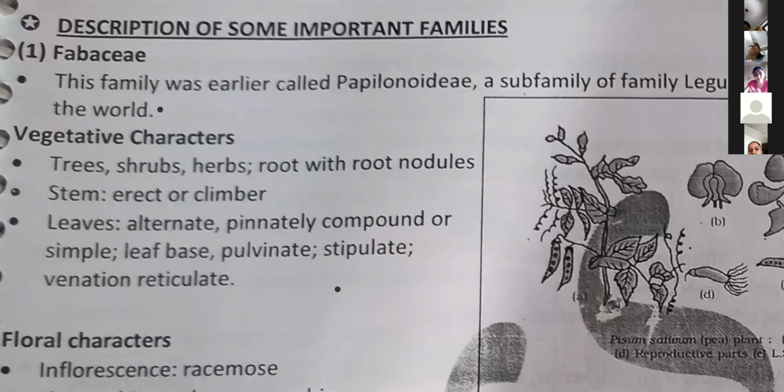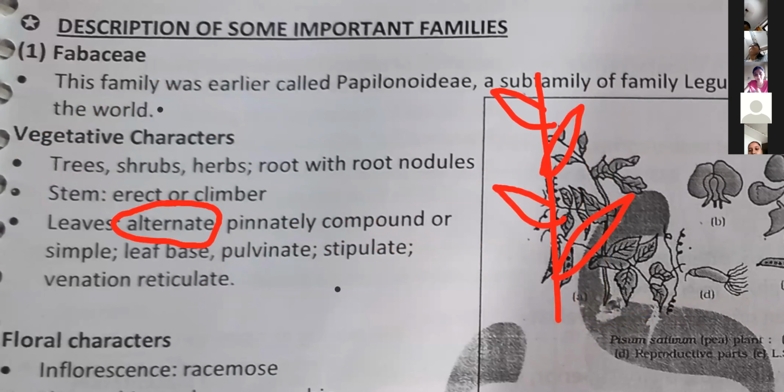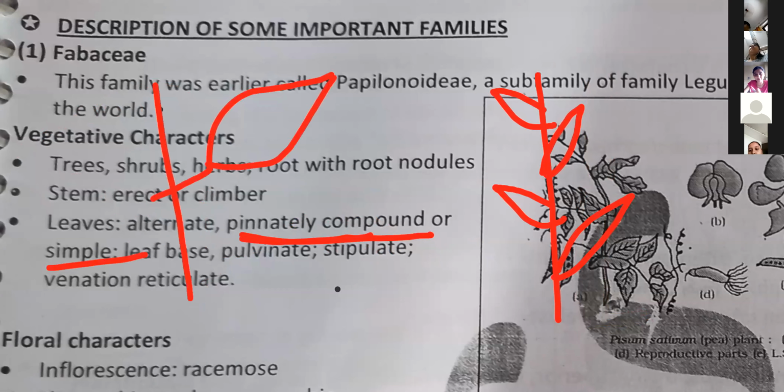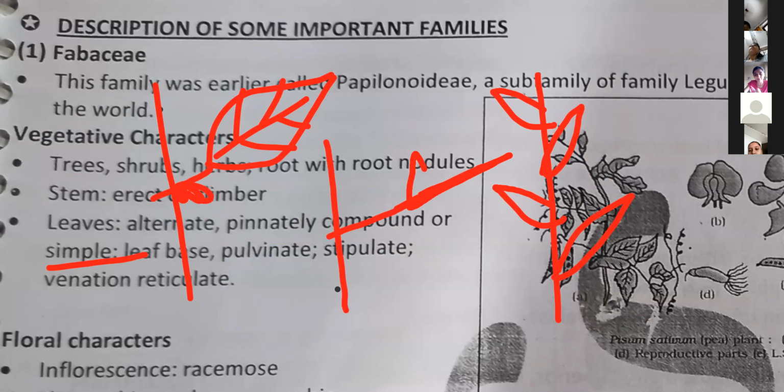Next, the leaf, with alternate phyllotaxy. If you remember, in this type of arrangement the leaves are arranged alternately, so we call it alternate arrangement. Then the type of leaf is either pinnately compound or simple. This is the simple leaf. At the base of the leaf, an axillary bud is present. If it is a pinnately compound leaf, then on the midrib the leaf is divided into small pinna leaflets, and all the leaflets share a single axillary bud.